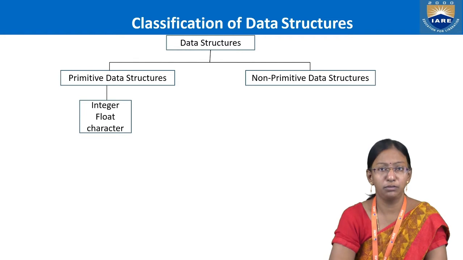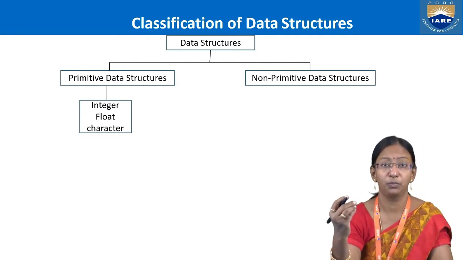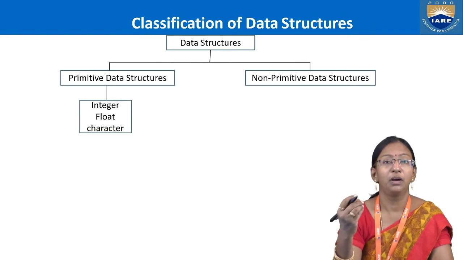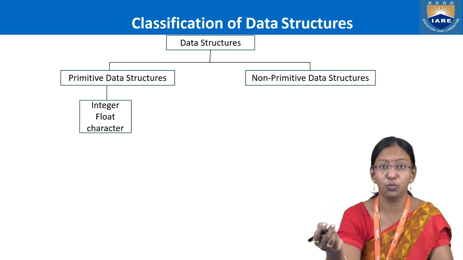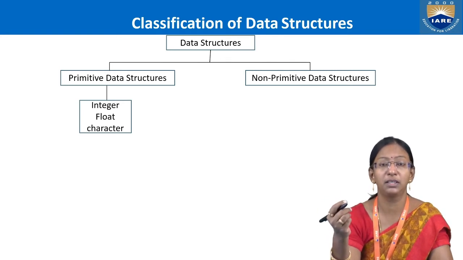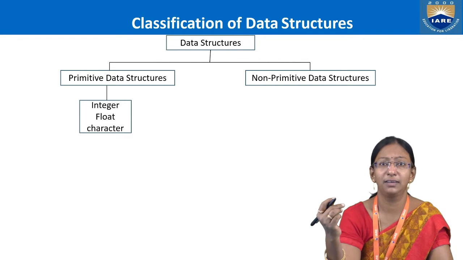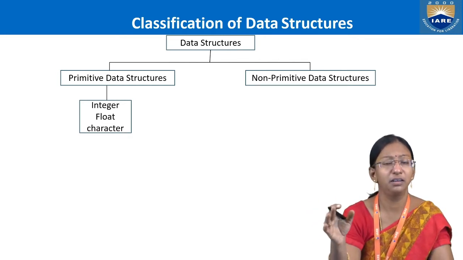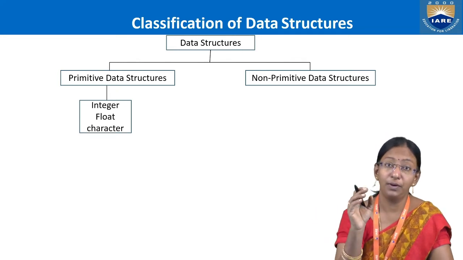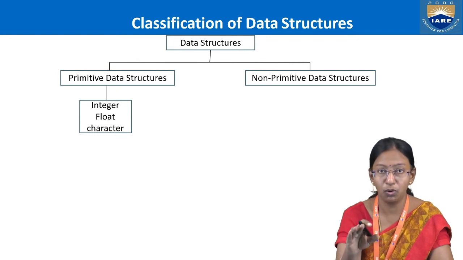The compiler knows what keyword will be used to represent them, and what amount of bytes will be required to store a variable of that particular data element. Say integer takes 4 bytes, float takes 4 bytes, character takes 1 byte. So it's already been defined, along with the keyword which represents it. Everything is defined. So when they are already defined in the compiler, we call them building blocks or primitive